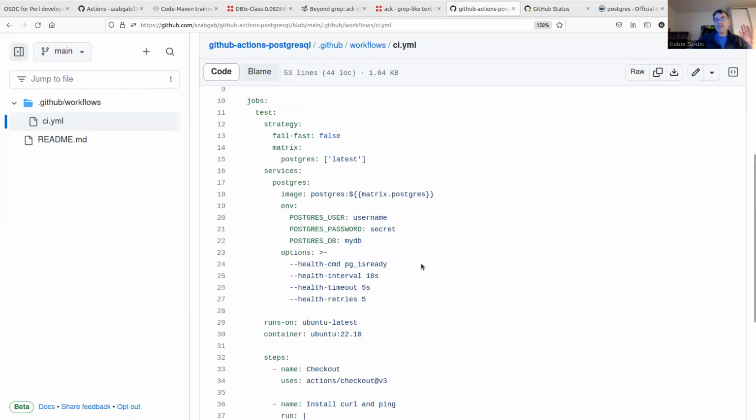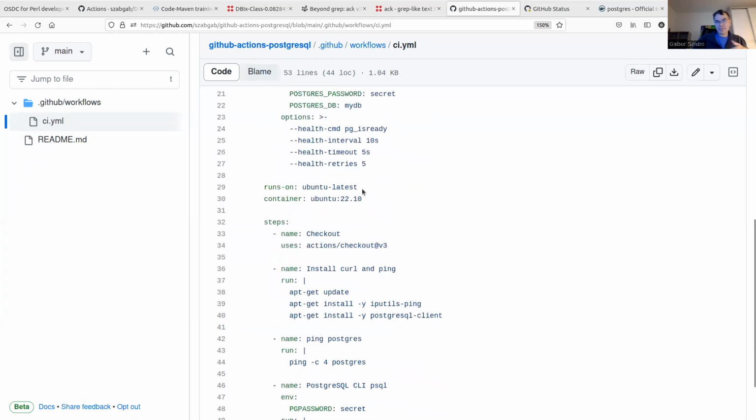So this is how you set up a Postgres service, and then your test looks like this, or can look like this. It runs on some operating system, but I run it inside a container. So it's not run directly on Ubuntu, but inside a container. So my tests are running in a container, not natively. We could also implement it natively, but I don't have an example for that